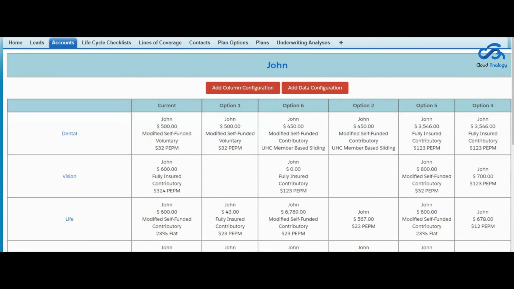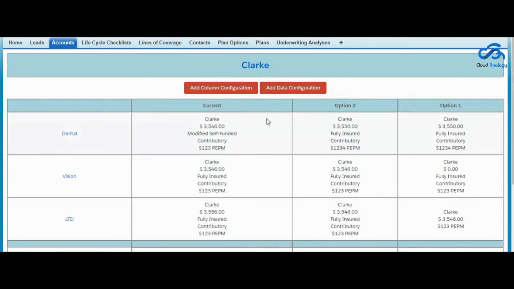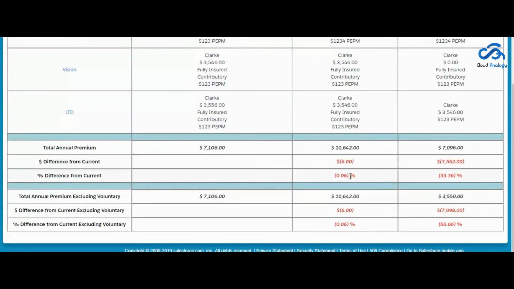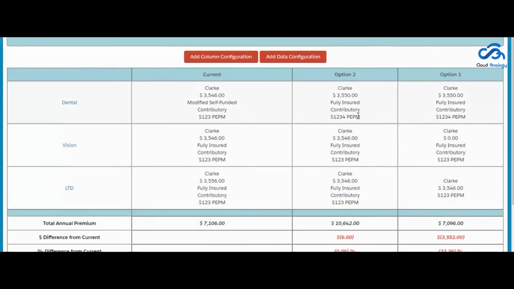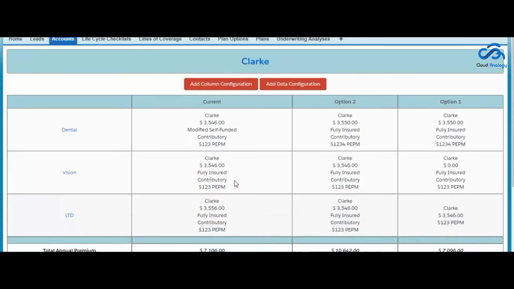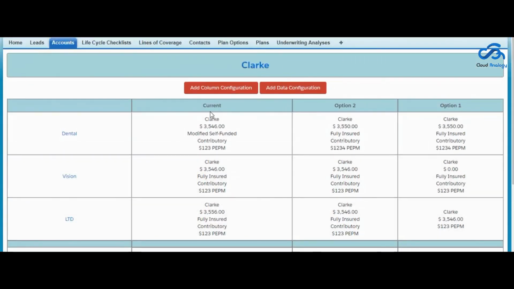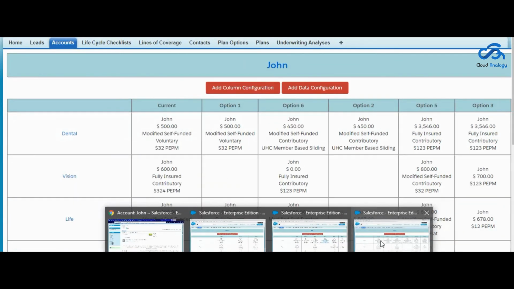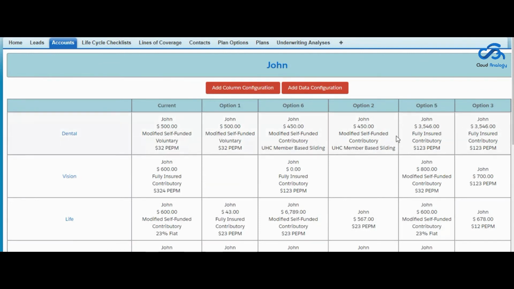This is the other account, which has a different configuration. At the bottom, you can see different calculations regarding the columns. Here you can see 3 columns, and in the other account you can see 6 columns. The configuration, both data configuration and column configuration, is regarding the account.